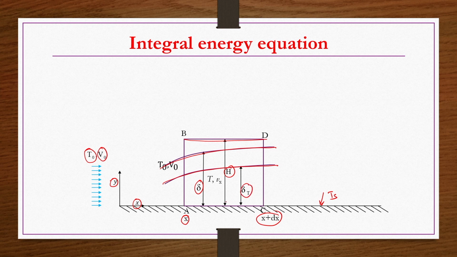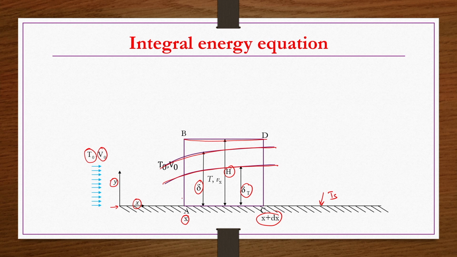So, delta T is a function of x, that also we understand. So, when the fluid comes and hits the surface at the leading edge, what happens? The fluid experiences retardation only for an infinitesimal time. So, then the boundary layer thickness is 0 and then gradually as you move along the flow direction along the surface, the fluid molecules experience more and more retardation. So, then gradually boundary layer thickness increases in the x direction. So, delta or delta T, both of them are functions of x.